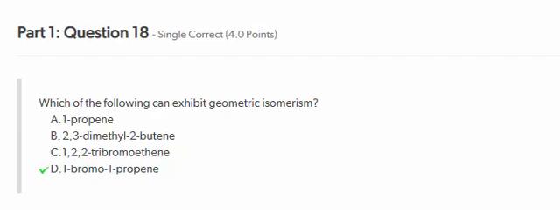Number 18 gives you 4 compound names and asks you which can exhibit geometric isomerism. Geometric isomerism is going to be a possibility if we have a double bond that has 4 different substituents around that double bond. So I'm just going to draw them all. So when I had the quiz, I had A was